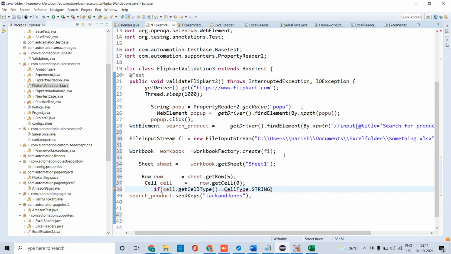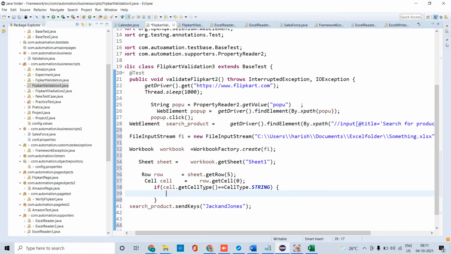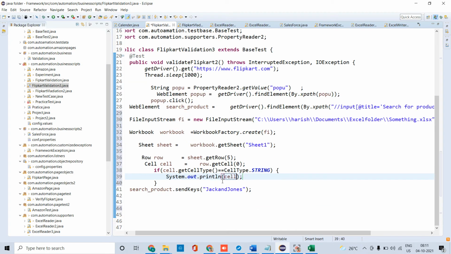It is a string type. I want to print the value. For that purpose, I'm giving the validation again. So here I will give it in this way.